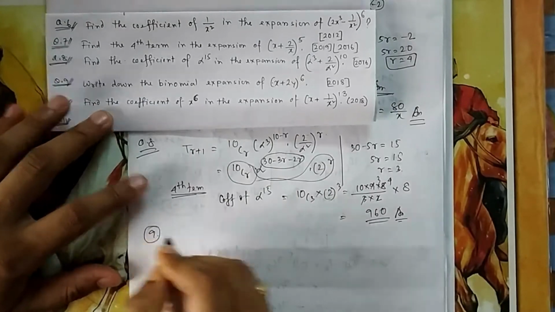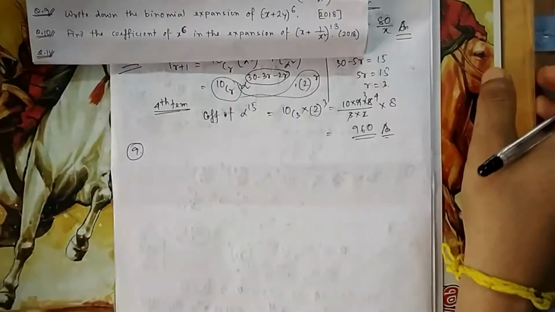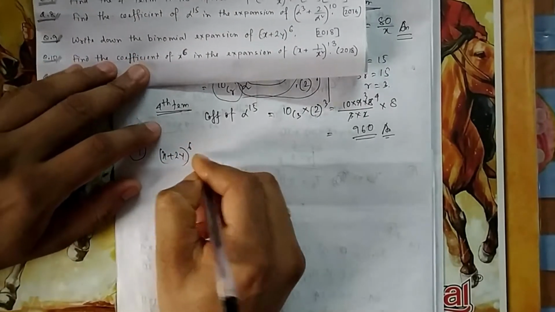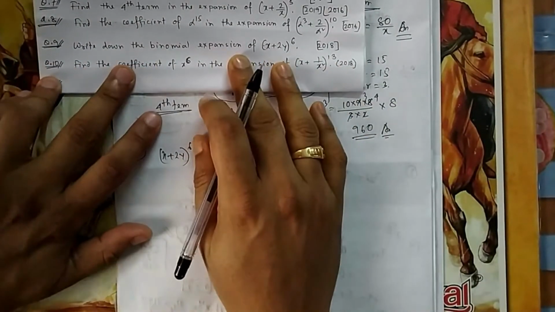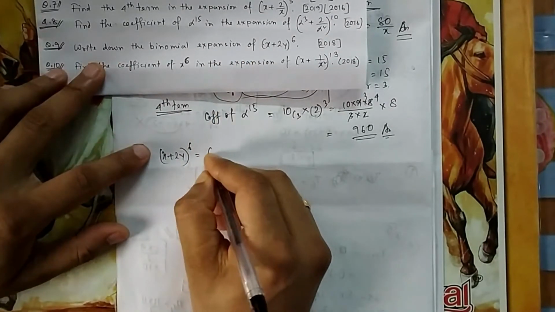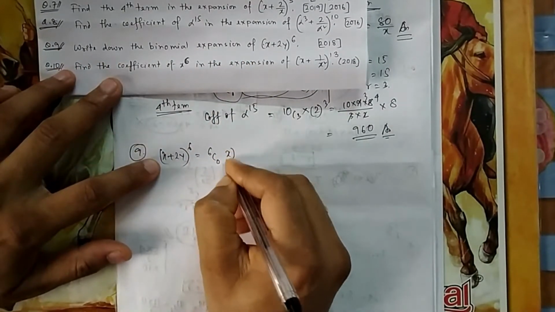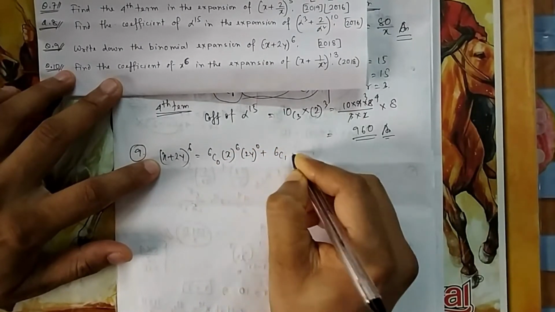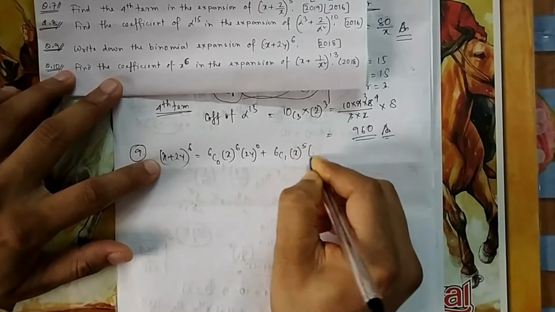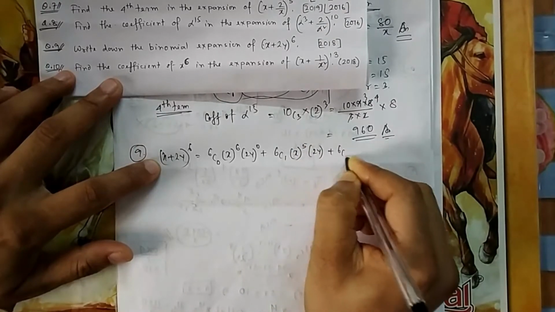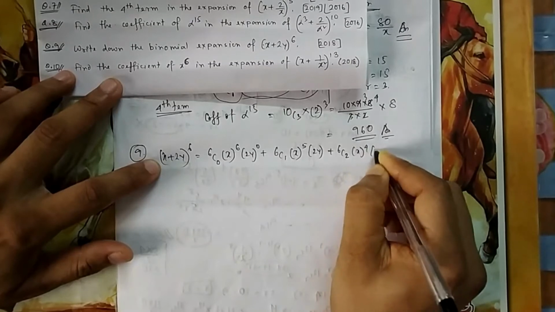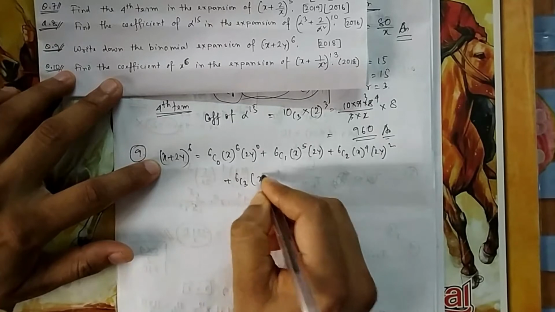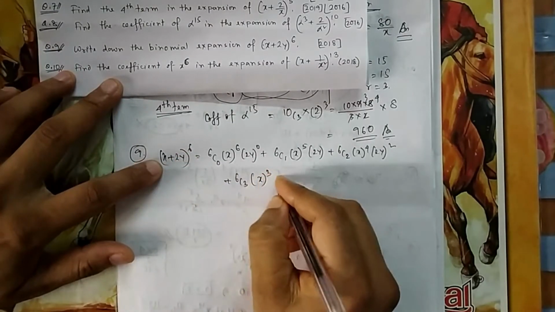Question number 9, they have asked to write down only the expansion, the binomial expansion of this one. So this should be your first question in normal sequence, because first we start by writing the binomial expansion. You can write it easily: 6c0, x to the power 6, then 2y. I am writing it in detail: 6c1, x to the power 5, 2y, 6c2, then x to the power 4, then 2y whole square, then 6c3, a little lengthy it will be, more the power more lengthy it will be, x cube, 2y cube,